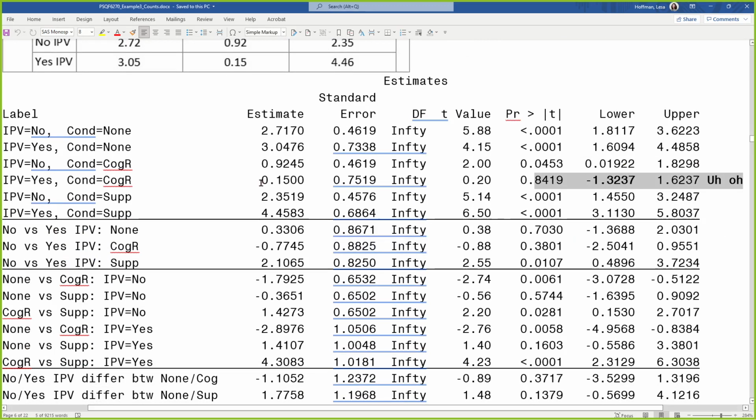And the problem is not the mean. The mean describes the data. Only 15% of the people in this condition said anything mean, basically. It was a pile of zeros and a couple of ones. But the standard error for that is based on the idea of constant variance, which we know is not the case for these data and unlikely to be the case for count data. So on the basis of that alone, I would say this is not a good model.